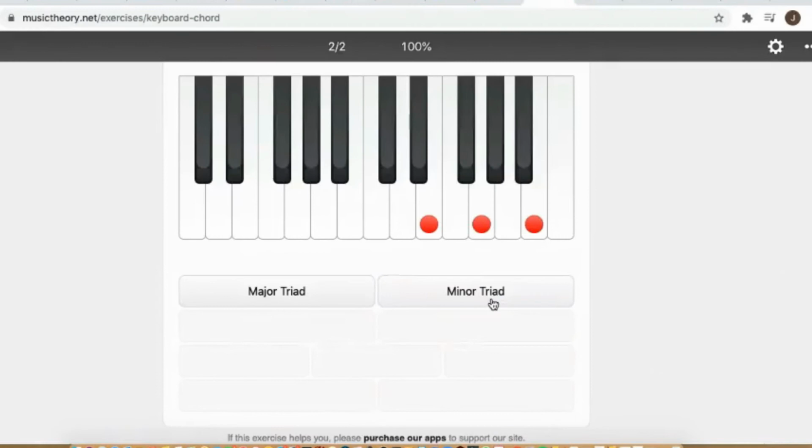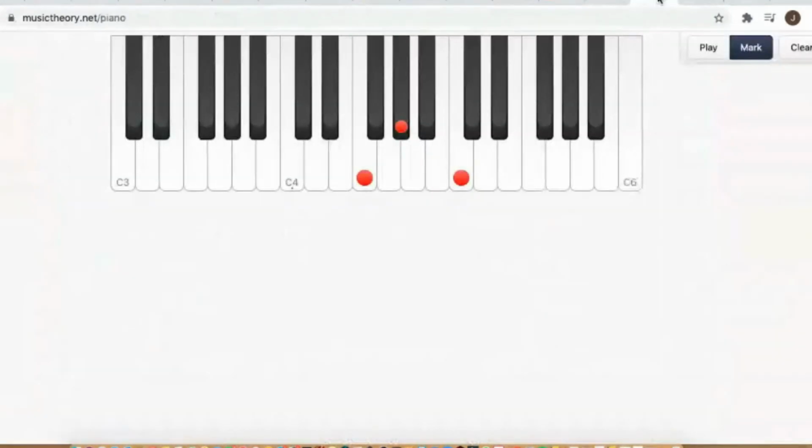You want to do this one? Yeah, you can go. Okay, what is that chord? Let me ask. You want to do it? Yeah. Minor. What is the name of this note? Find the root and name it. So